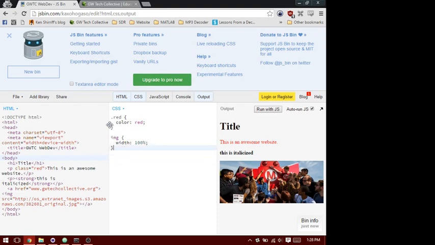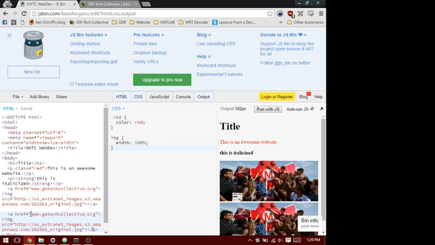So say I had all images are going to be 100% width. Let's just copy and paste this here for a second. I'll add in another image. What I'm going to do is now I can give the second one that I want to change specifically either a class name or an ID. So a class name you can apply to multiple items, whereas an ID you can only apply to a single item on a page. So in this case, let me just say class